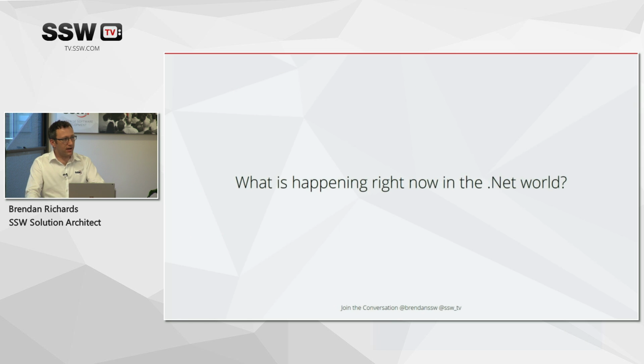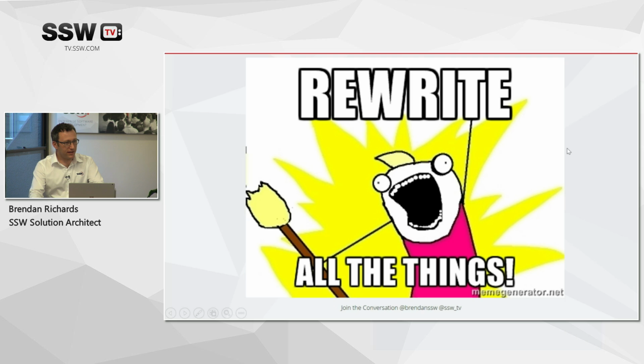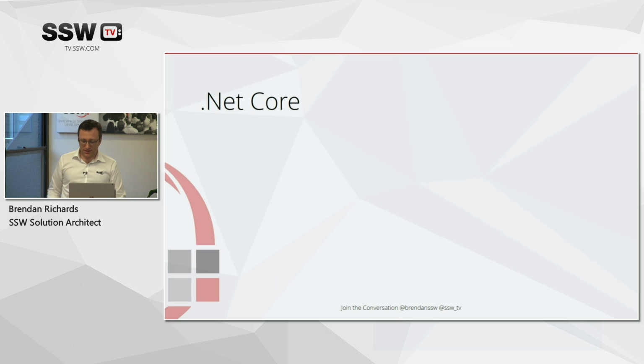So taking a step back from that history, where we've gone through how we got to here, what's happening right now is quite a big change. A lot of things have stopped iterating where they are. We're not getting Entity Framework 7. We're getting a whole new .NET, or a whole new structure. So what does that mean? We've got this new thing called .NET Core.